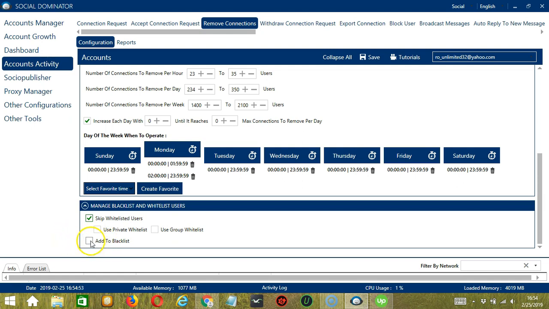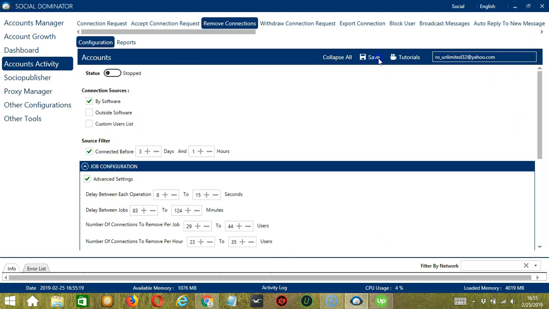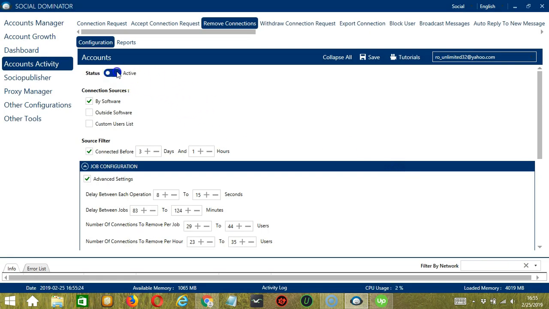You also have the option to add to blacklist after removing a connection. So this can either be a private blacklist, which belongs to a specific LinkedIn account, or a group blacklist, which is shared between all the accounts you add. When you're satisfied with all the configurations and are ready to start removing connections on LinkedIn, let's scroll up and click Save. Success. After saving, let's click the Status button to make it active. Now that it's active,